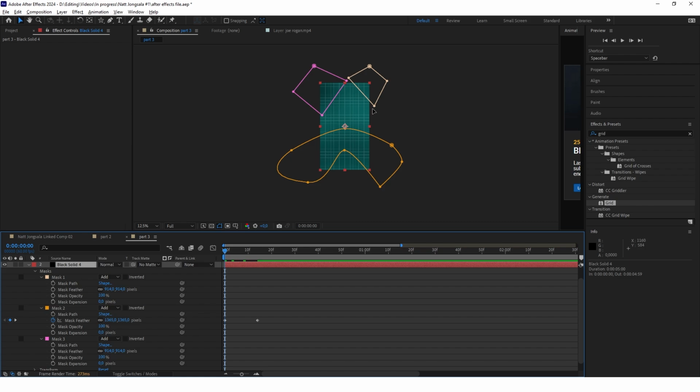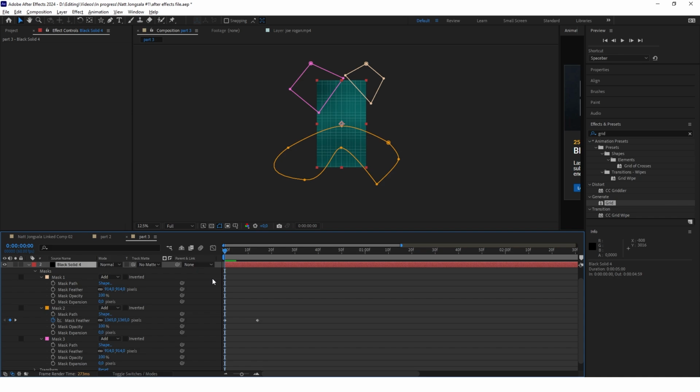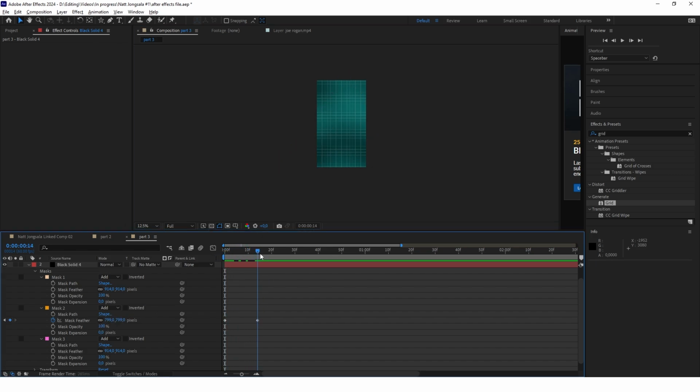Okay, so this is the background that I've came up with. And also other thing that I have to tell you is this lower darker part on Nat's background is actually animated because it's lighter at the start and then darker at the end. So in order to get this look, you want to make your mask look something like this and keyframe the mask feather. At the start put it at higher value and at the end put it at lower value. This way it looks like that.